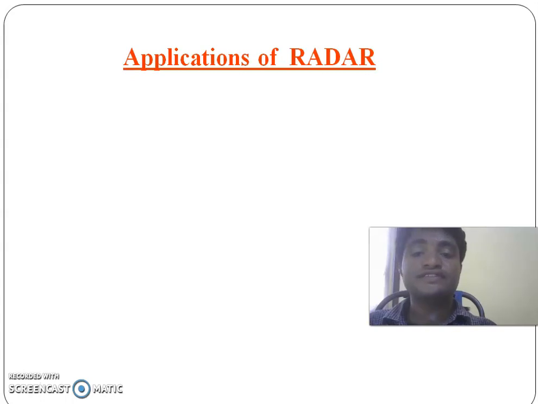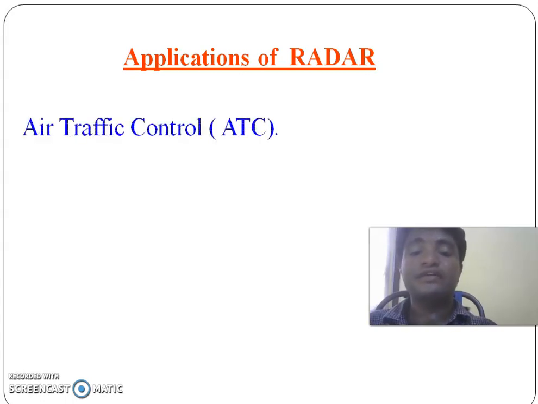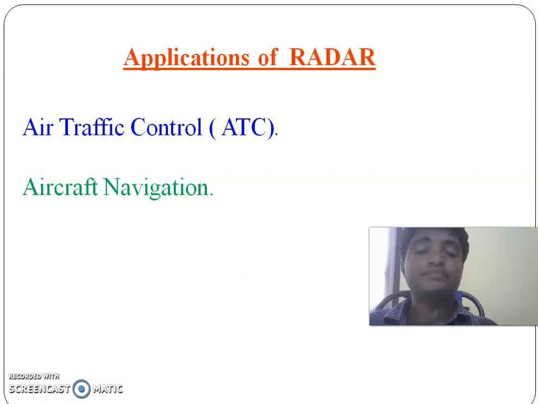A major application of the radar is air traffic control. That means it is used for controlling the traffic at airports and the safe en route travel of flights. We use high resolution radars at the airport. The next one is aircraft navigation. Weather avoidance radars give the regions of precipitation to the pilot, and tell what the weather is surrounding the aeroplane, and all information is given to the pilot. Weather avoidance and weather following radars are also there.